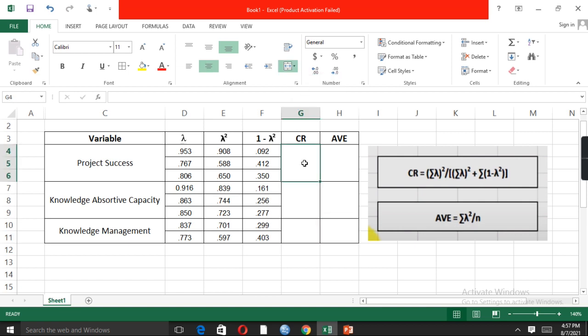So the next step is how to calculate the CR value. We need to remember the formula of CR value. CR is equal to summation lambda square divided by summation lambda square plus sum of 1 minus lambda square.